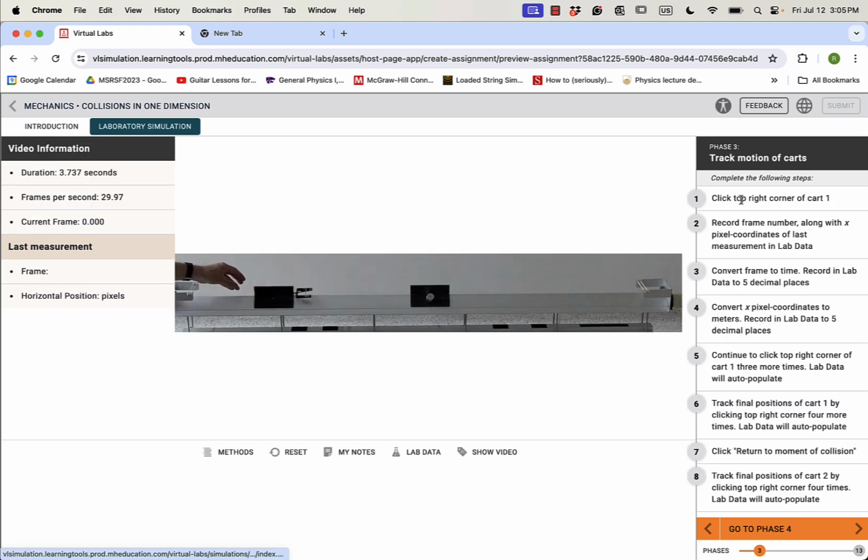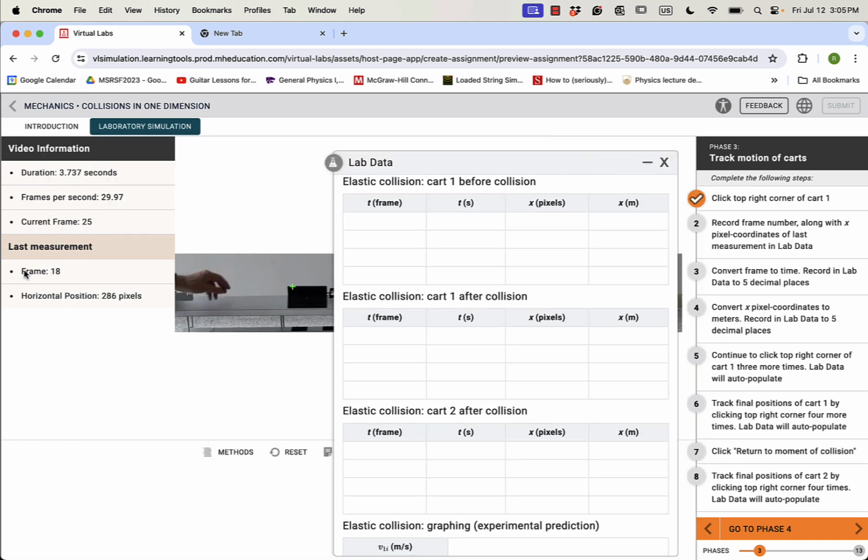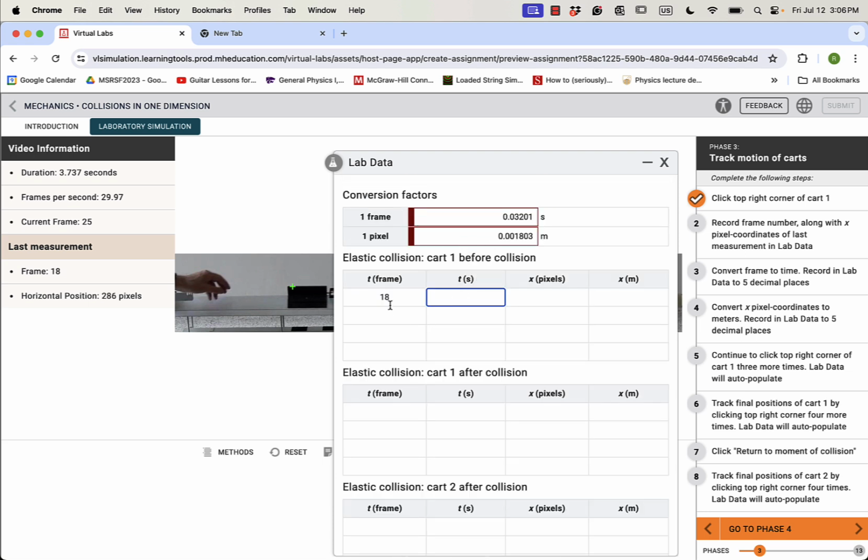So phase 3, click the top right corner on cart 1. So that's cart 1. So click on the top right corner. Record the frame number along with the X pixel coordinate of the last measurement in lab data. So go to lab data and then look at the last measurement. So we have frame 18. So here we are talking about elastic collision, and this is before collision. So put the time in frame, which is 18, and then you need to convert that to seconds. So you need to multiply that 18 by this number. Okay, 1 frame equals